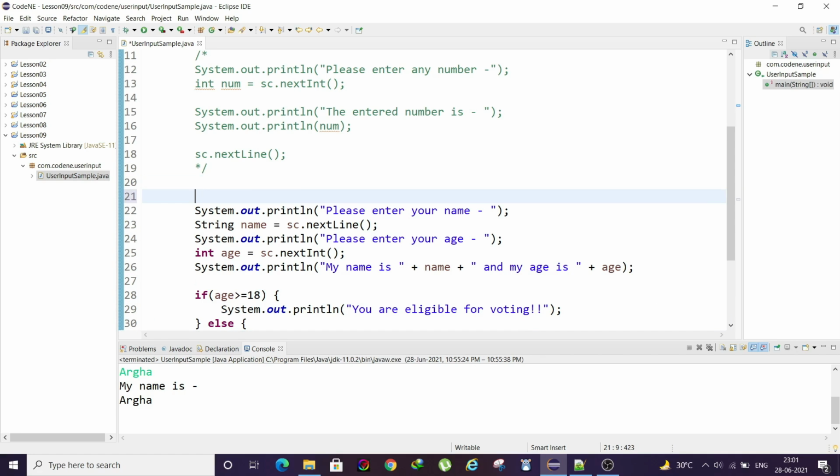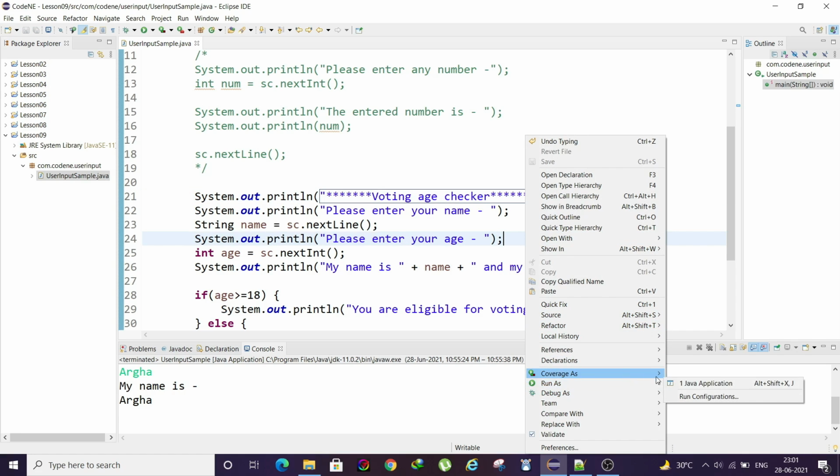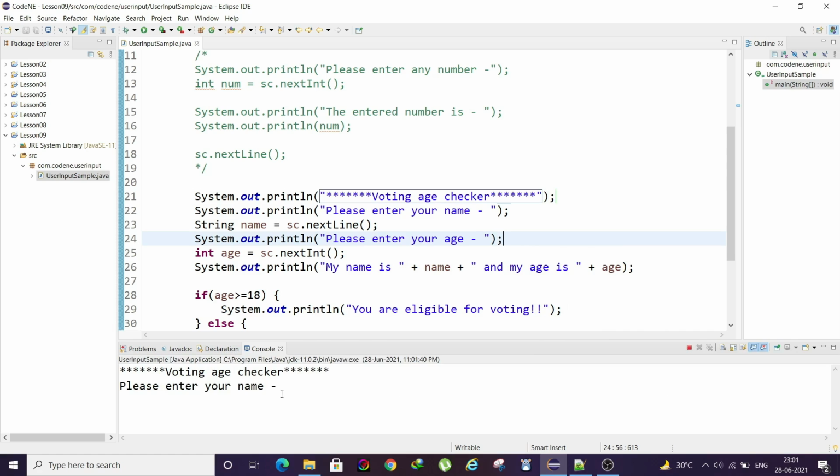We can put it like "voting age checker". So when we run this program, it will show something like this: voting age checker.